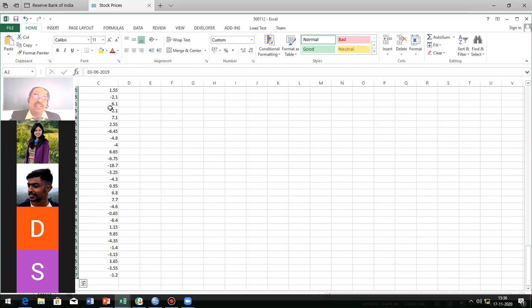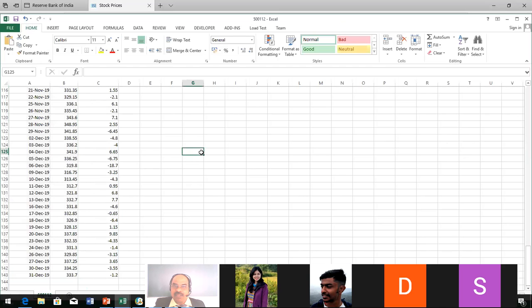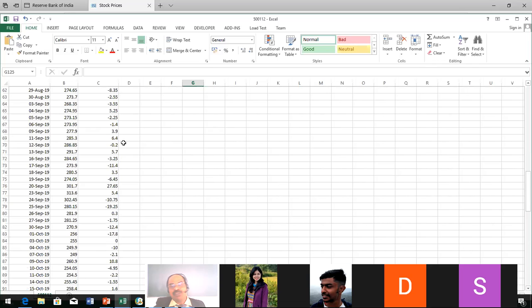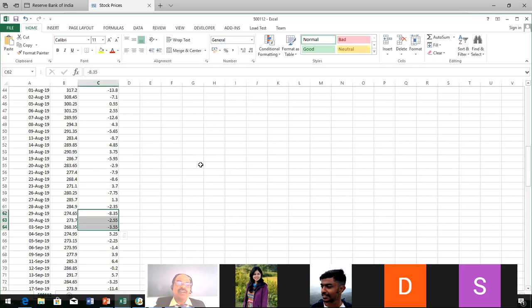Okay. Let us assume that it is good, because for practical purpose I am using only 6 months data, but really this data is waste because there is no trend. You want to calculate the prices. You want to find out the returns. So what you will do? Here is the returns column.